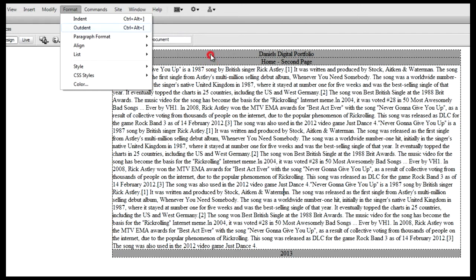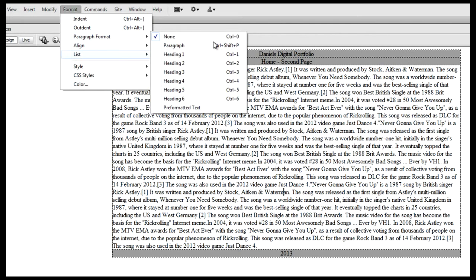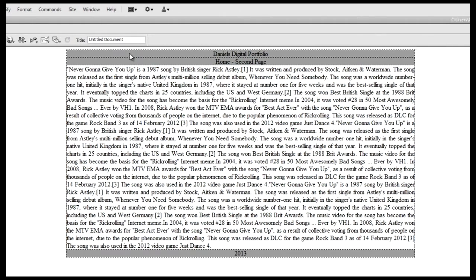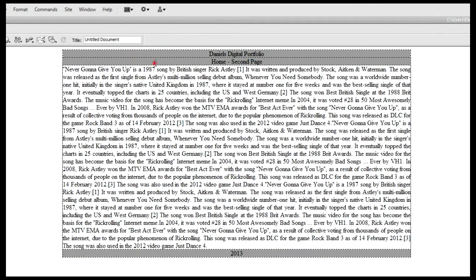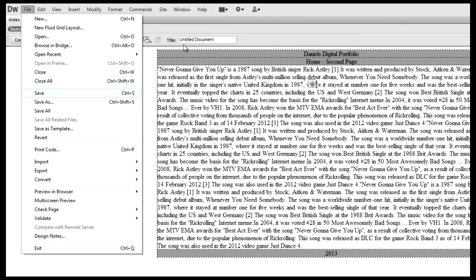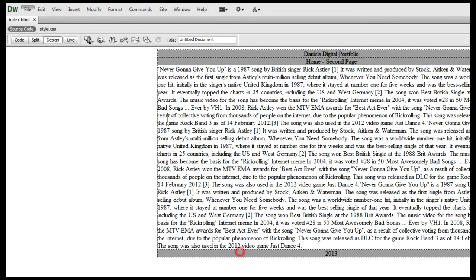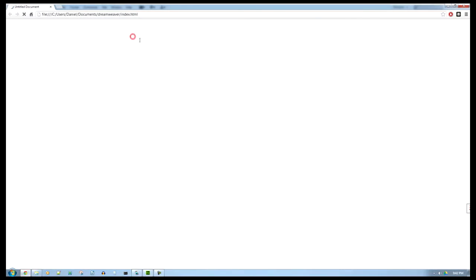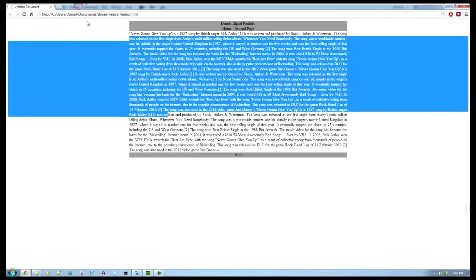And I'm going to justify paragraph, which makes it fit the borders. And now I'm going to save it. And now when you open it up, you can see we have a pretty